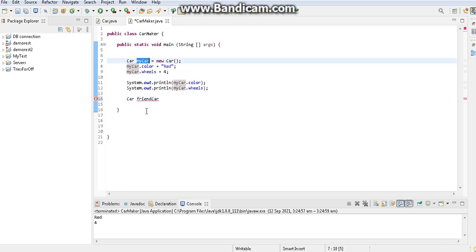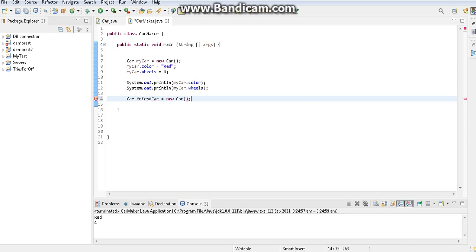I cannot give the same name to two objects, because if I have the same name again, it will create confusion. Even for variables, we cannot give the same name to two variables. I hope you have the fundamental understanding of Java programming, because you know you cannot give the same name to two variables. So I will give it as friendCar, and I will create this object as well.